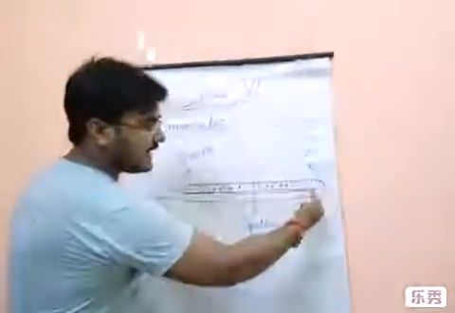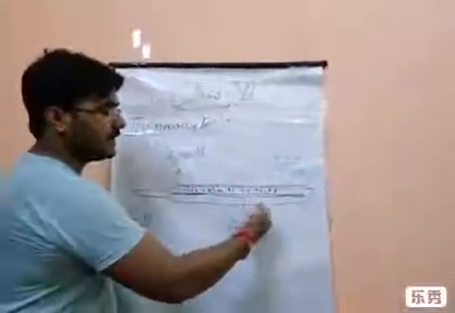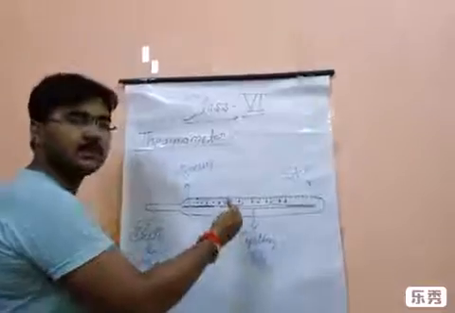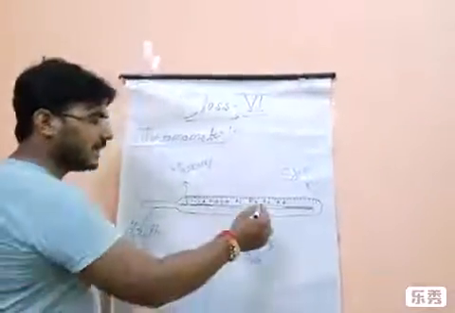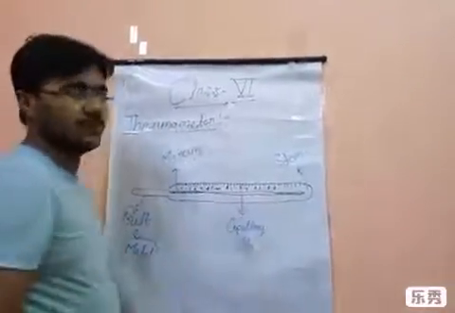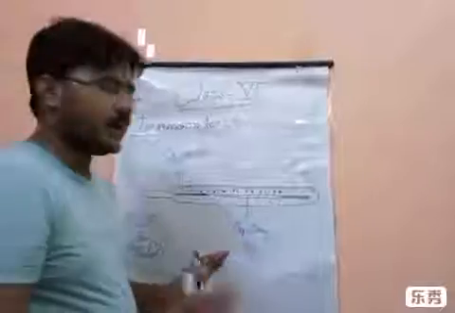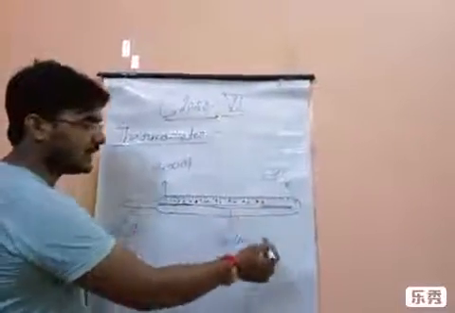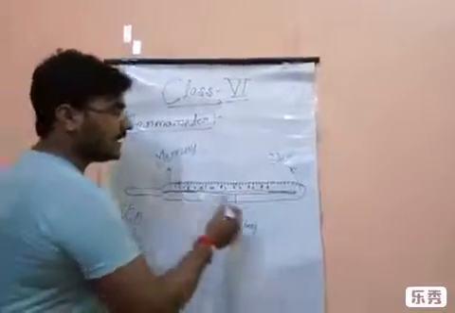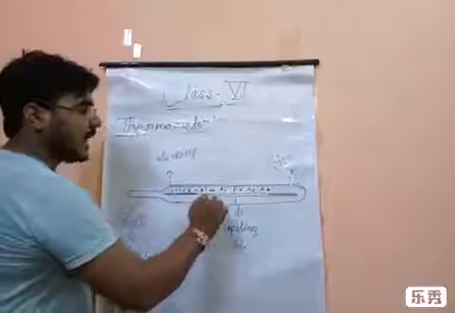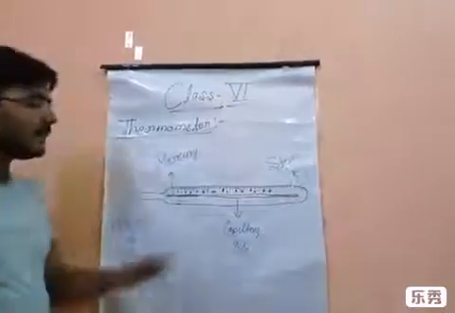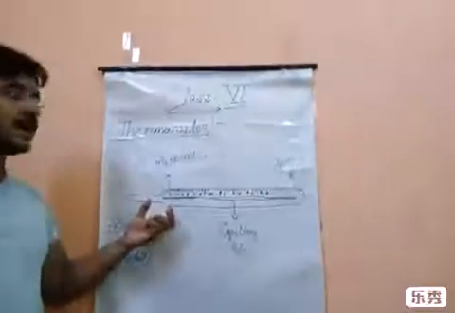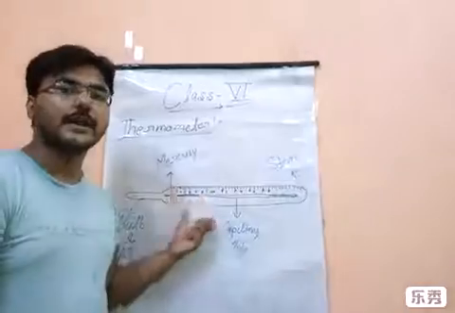In the capillary tube, you can see that inside the thermometer there is a very fine, very thin tube. That thin tube is called the capillary tube. Inside this capillary tube the mercury is filled, and it has some space. Why does it have some space? Because the mercury will expand on getting heat.